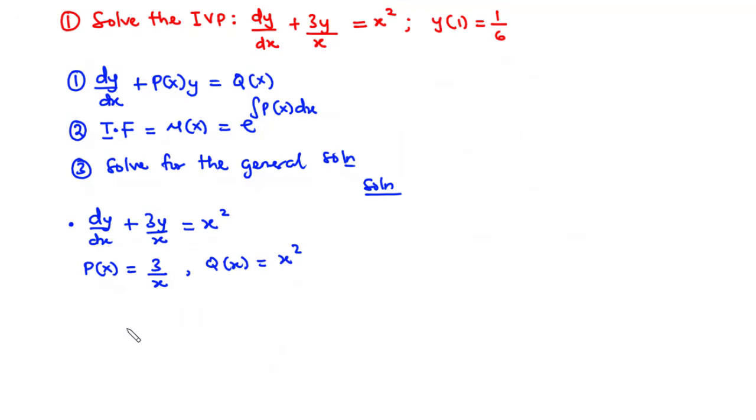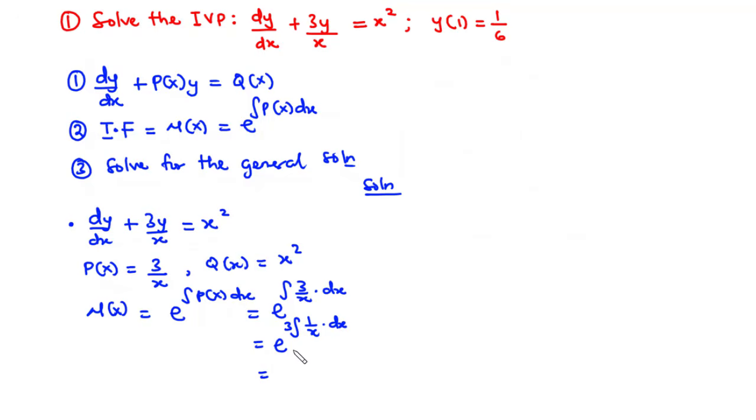Now, the next thing we are going to do is to determine the integrating factor. The integrating factor, which is a function of x, is equal to e to the power of the integral of p of x dx. This is equal to e to the power of the integral of 3 over x dx. Because 3 is a constant, we pull it out, and then we have the integral of 1 over x dx. Let's integrate 1 over x. That becomes ln of x,